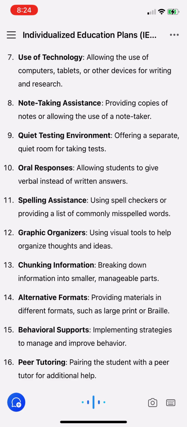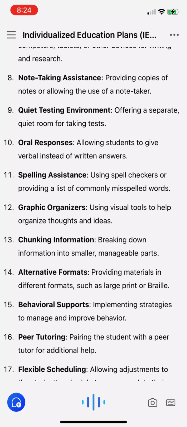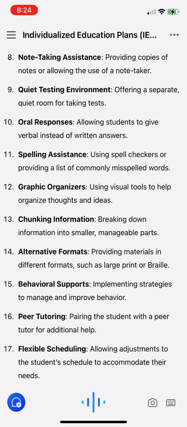Note-taking assistance: providing copies of notes or allowing the use of a note-taker. Quiet testing environment: offering a separate quiet room for taking tests. Oral responses: allowing students to give verbal instead of written answers. Spelling assistance: using spell checkers or